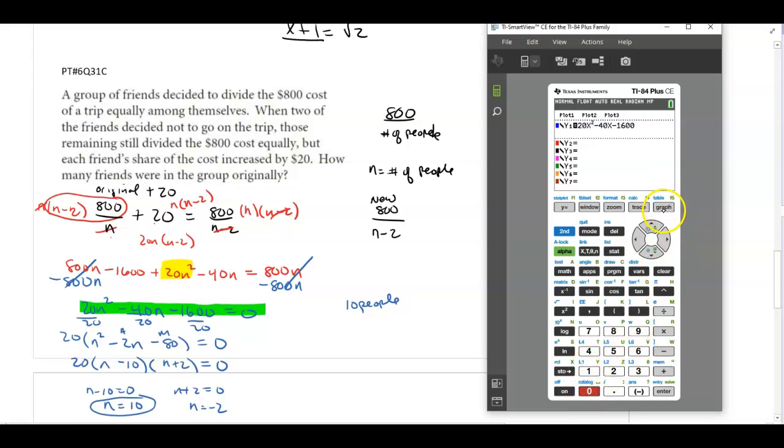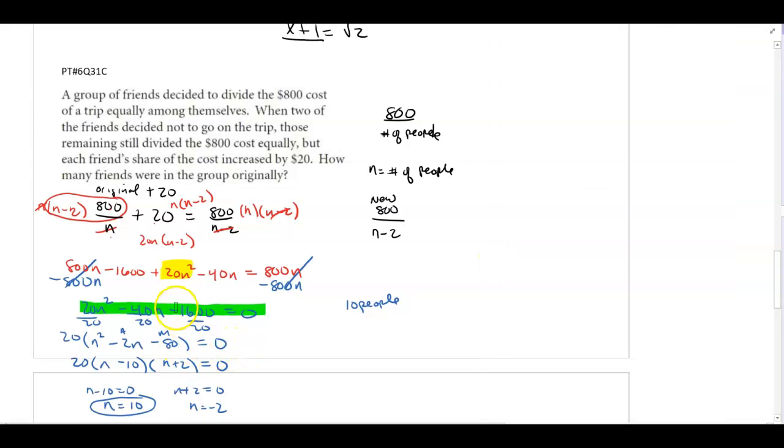And right away when I hit graph, it's a pretty ugly graph. Now, I see right here, this is negative 8. That's not going to work. And I look, it crosses the x-axis right over here. So what I do is hit second graph to pull up the table, and I'll see 10 is the other x-intercept. So right there, I know the solution would be,